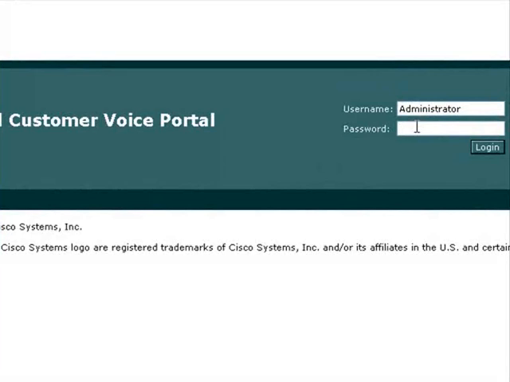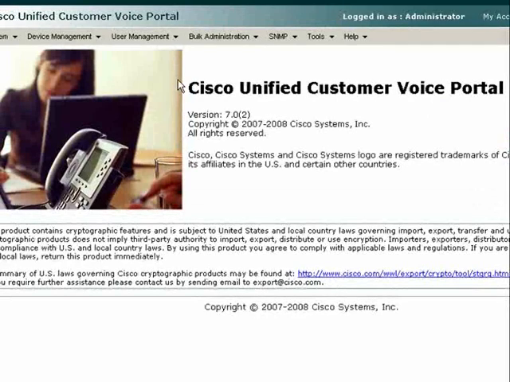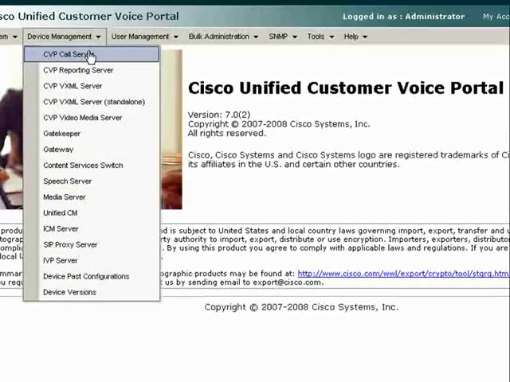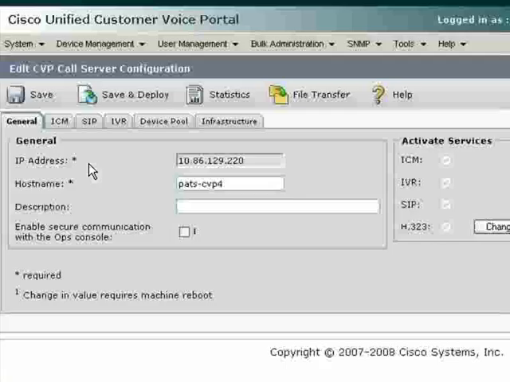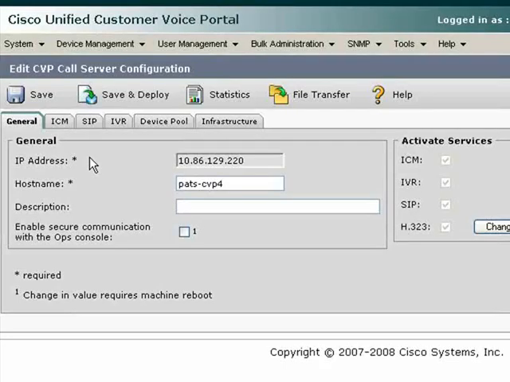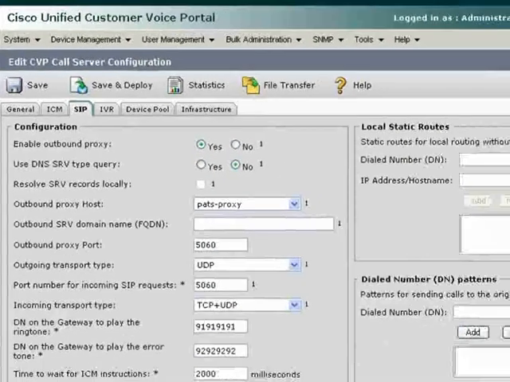In this video, we will show how to configure the CVP call server in a deployment that does not use a SIP proxy server. So we will configure a local static routing dial plan on one particular call server. So in OMP, you'd navigate to the call server, and we're going to be putting the dial plan on each individual call server. So select your call server, navigate to the SIP page,